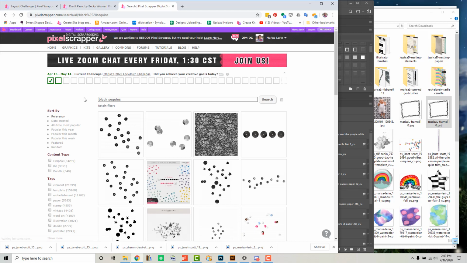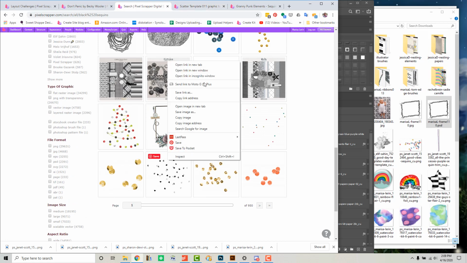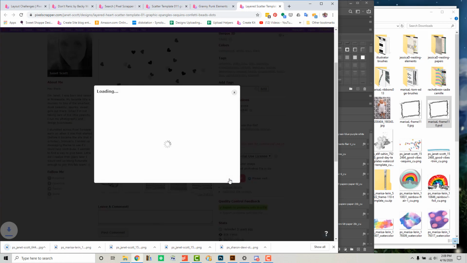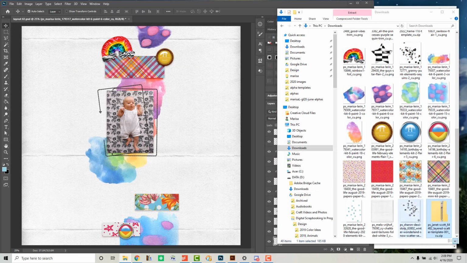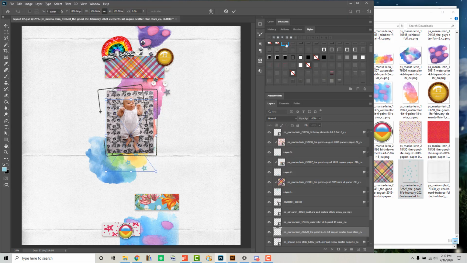And while I was browsing, I saw that piece of trim, so I downloaded that, and now I want specifically some black sequins. So I am taking a look at these options here, and soon I will have way more sequins that I can use on this layout. And so then I will just have to decide which ones I'm interested in using here. I think actually I will end up using only one of these. I think I will use this one here that I've brought in, these white and silver ones. And I'll try a few others, but I'll just end up duplicating this one sequin element on the top and